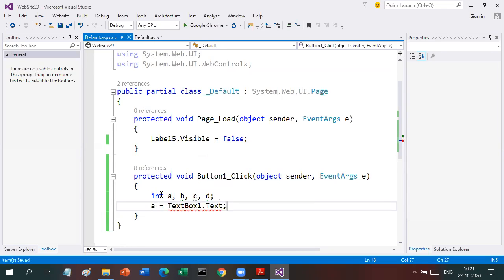As you can see here, TextBox1.Text is giving an error. What is it showing? a is an integer, cannot implicitly convert type string to int. So to get the value from TextBox1 we have to use TextBox1.Text, but by default a textbox value is accepted or treated as a string. Then we have to convert it to integer. So what we have to write here is type conversion, Convert dot,